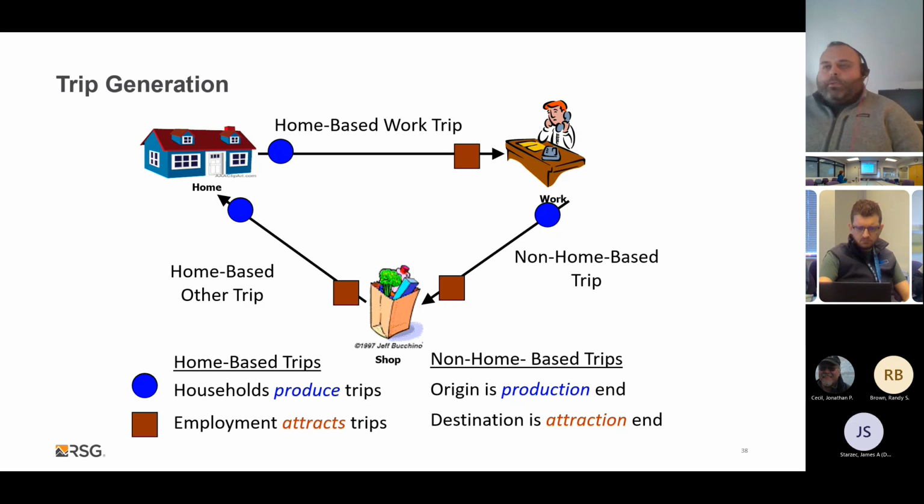And these actually kind of form a tour, right? So there are other tour-based models, or completely tour-based models or activity-based models, where we model the entire tour. These are all linked together. In a trip-based context, these trips are not linked together explicitly. And that's kind of an important concept to understand. The difference between an activity-based model and a trip-based model is that in a trip-based model, our trips are not linked together. And so we estimate each of these trips independently of each other without regard to them being linked within a tour.